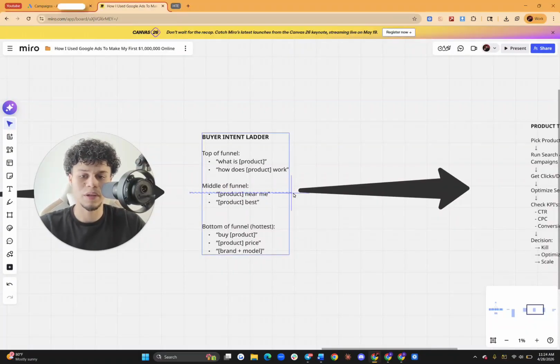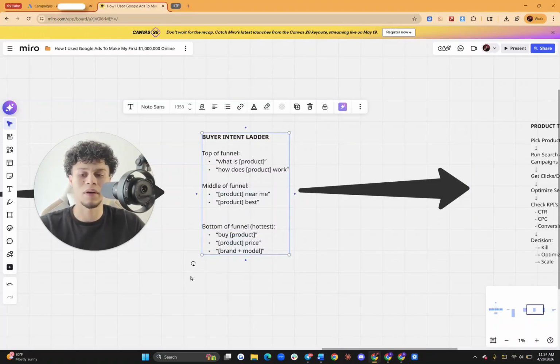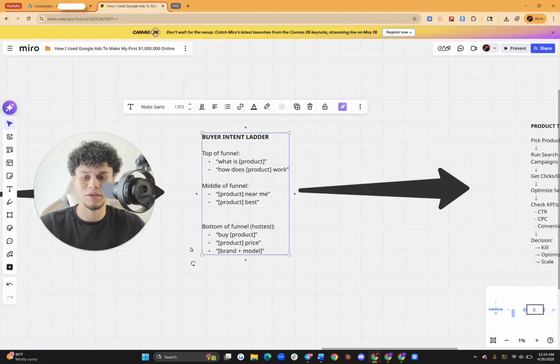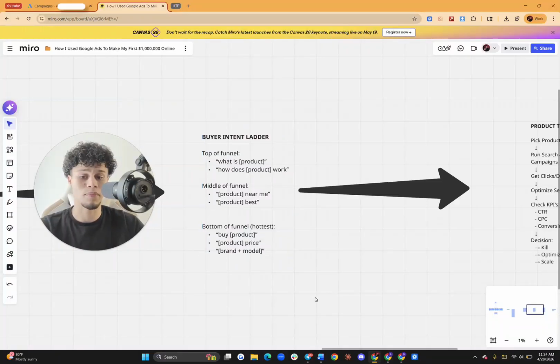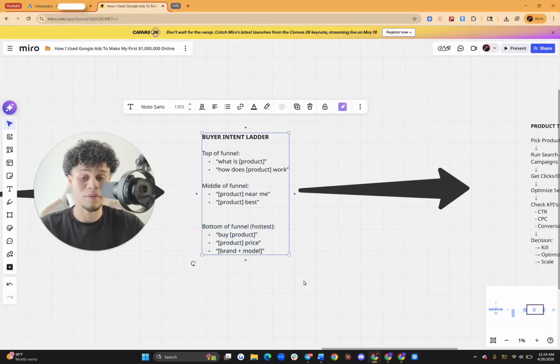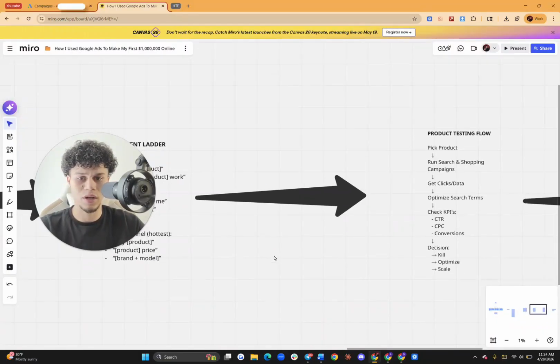Middle of funnel, these people are starting to really understand maybe exactly what they want right now. They're honing in on it. They're not exactly there yet, like the bottom of funnel. But again, they're getting there. They might be searching for it, seeing where they can actually go and purchase it, et cetera. Now, bottom of funnel is people who already know that, hey, I want this product. It's time to go find a place. It's time to go buy it, and that's it. I know the exact SKU. I know the exact model. I know the price. I have no further questions. Boom, okay? So this is going to be your buyer intent ladder. Really want you guys to memorize this: top of funnel, middle of funnel, bottom of funnel. You basically always want to be spending the majority of your money on bottom of funnel because these are the people that actually convert and pay you, okay? So yeah, again, really stick this into your brain.